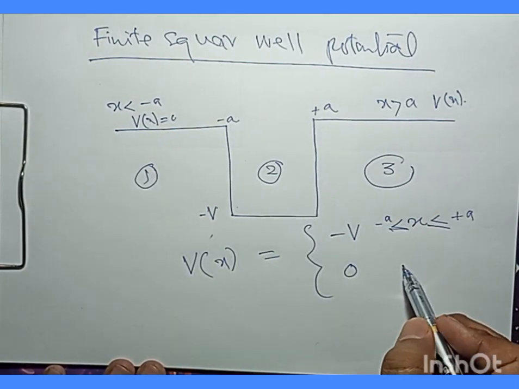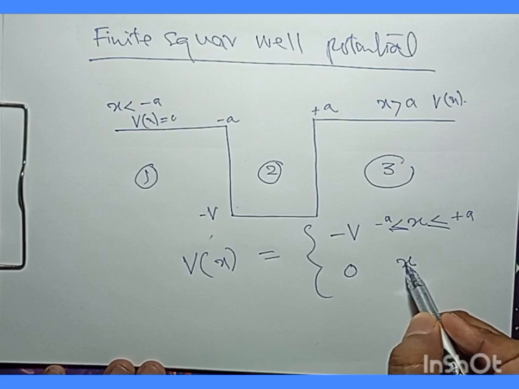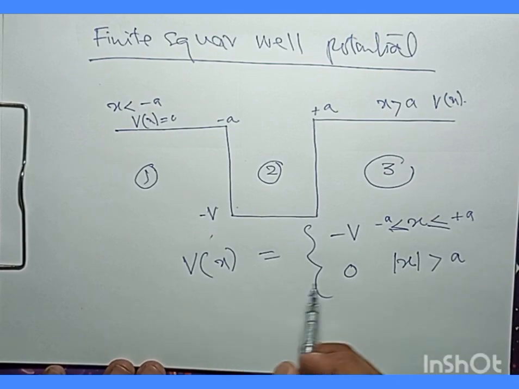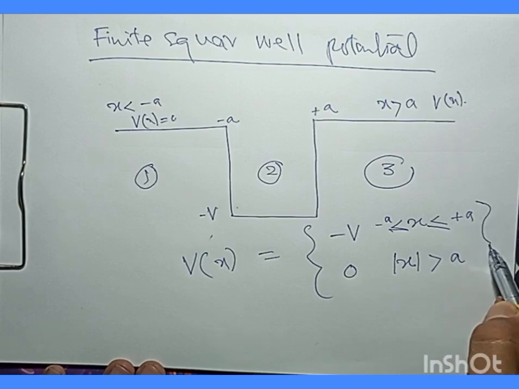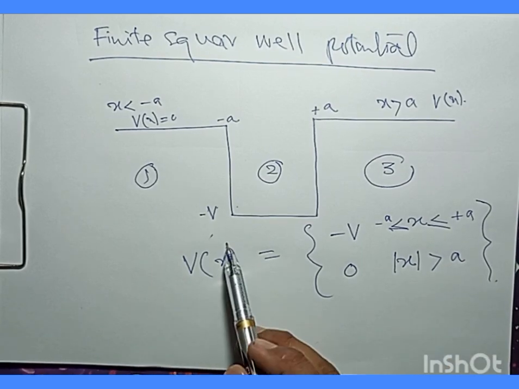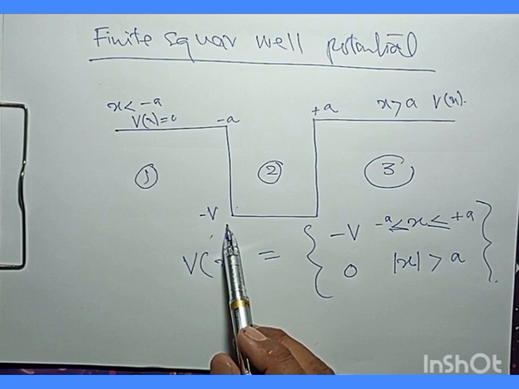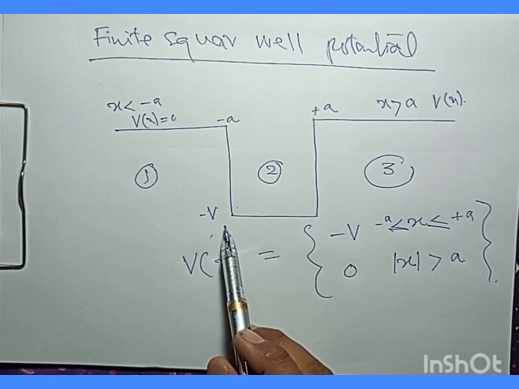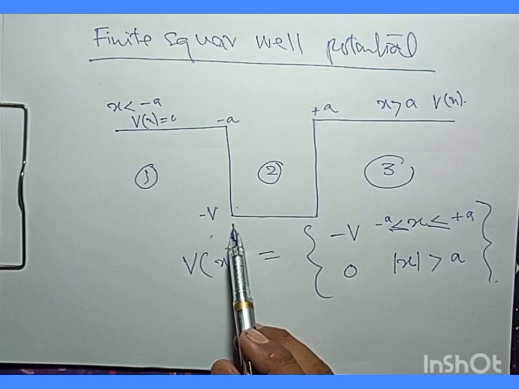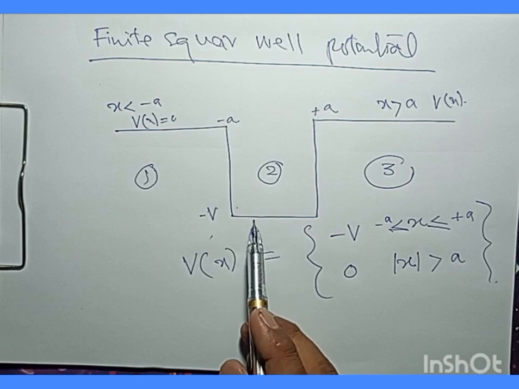We can boil it down to the magnitude: for the magnitude of x greater than a, the potential is zero. And this V is basically a positive constant, and the potential that we have chosen here admits both bound states